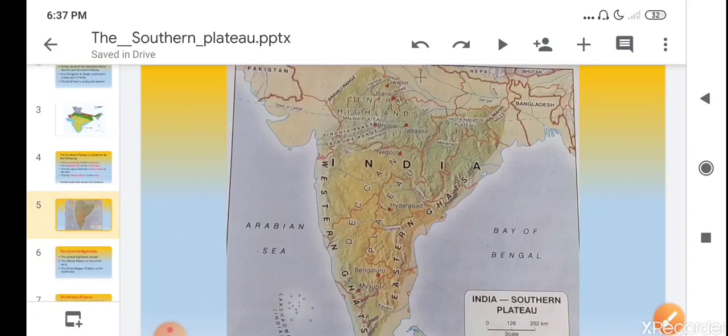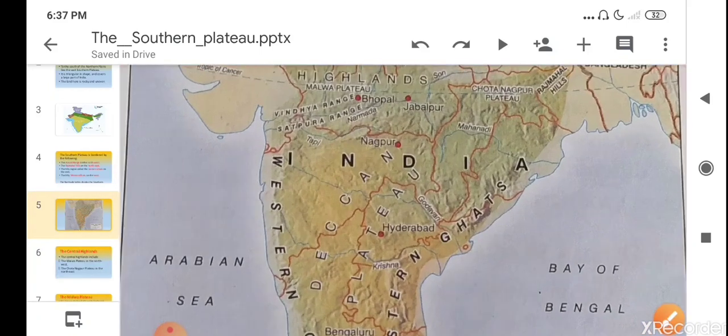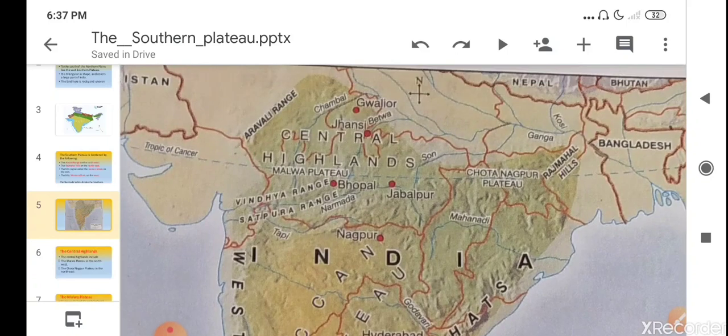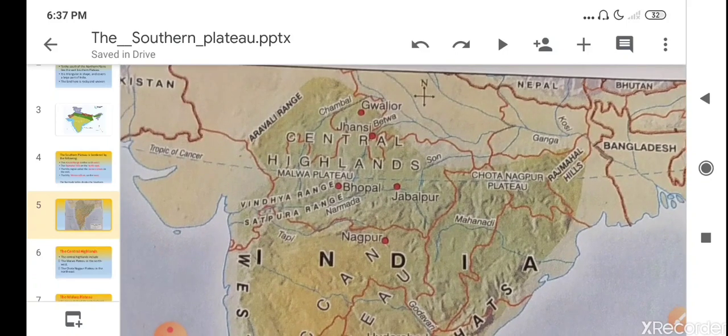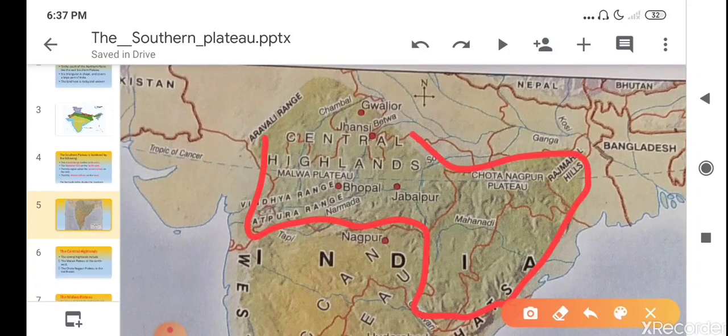Here if you see the map, this area is the Central Highlands Plateau.